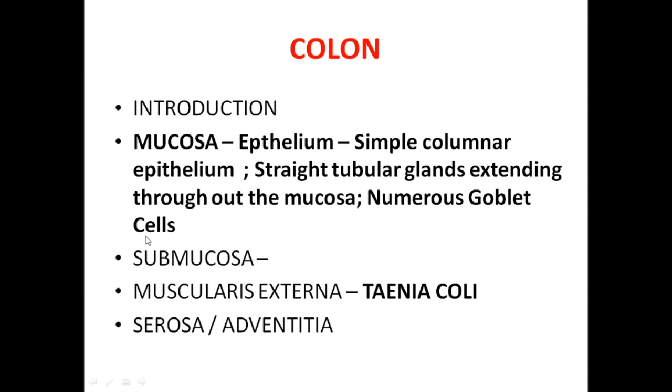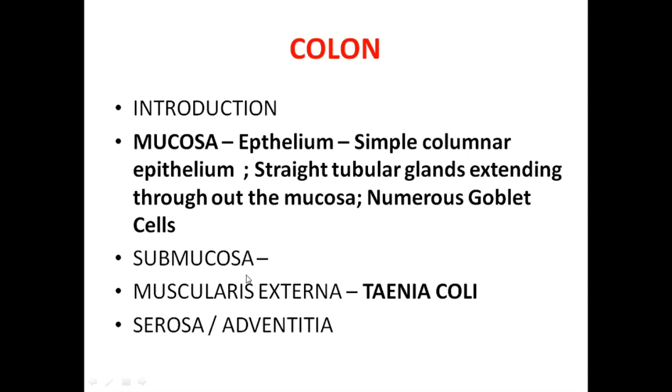The number of goblet cells is almost 0 in the stomach, but it gradually increases as we go from duodenum to jejunum, jejunum to ileum, ileum to large intestine. They are largest in the large intestine because a large amount of mucus needs to be secreted when the feces is formed, so that it can pass out very smoothly. It doesn't cause harm or injury to the epithelial structures. That's why numerous goblet cells are present.